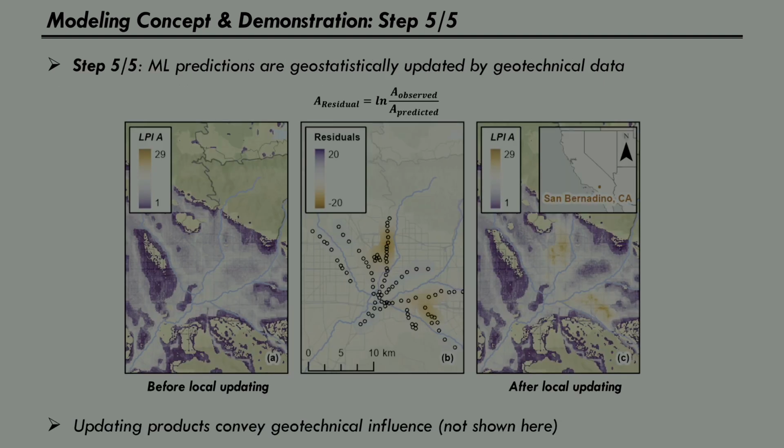There is one final step, which is to update or anchor the machine learning to reality. So we know values of A and B where we have geotechnical tests, and we can do geospatial updating to correct the model. So this is an example in San Bernardino, just for example. And it seems in these cases like the machine learning model is generally doing pretty well. The little circles are CPT locations, and for some of them, we are under-predicting the liquefaction response. And so the local updating procedure is scaling up the machine learning predictions at some of the locations.